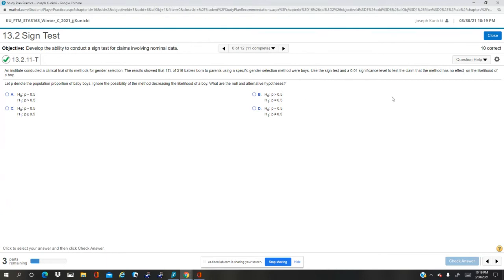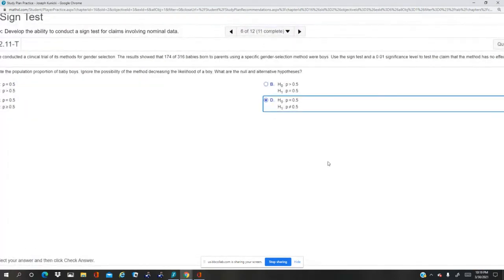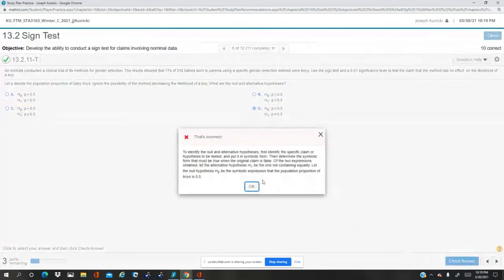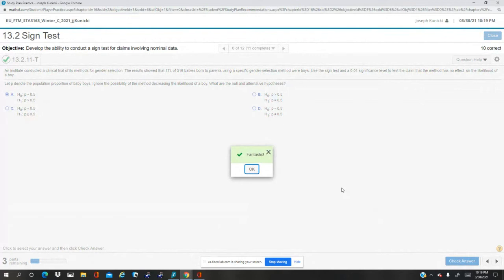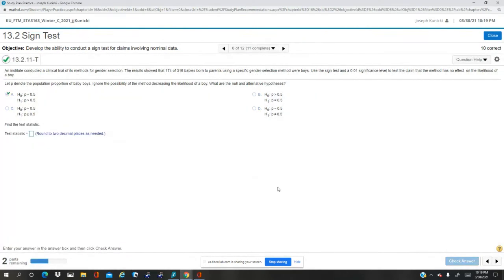Let's see. Test the claim that the method has no effect on the likelihood of a boy. So the likelihood of a boy is 50%. So it's equals, not equals, the way I read it. Okay, then it has to be p greater than 50%. Oh, that's right, because it says gender-specific selection were boys. So, okay, my bad. All right, so I think the easiest thing to do is to use